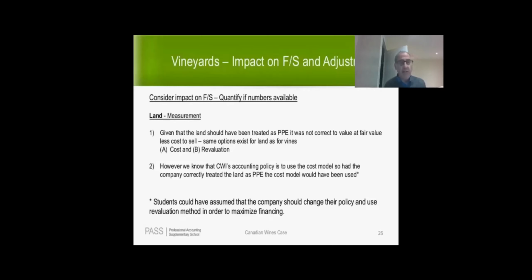And again, I'm basing this on the last page of Appendix 2, where it says explicitly that they value all their PPE at cost. Now, I should mention that if you had said something like, well, maybe they should change their policy and use the revaluation method instead for the land, given that, as somebody mentioned earlier, you can use different methods for different classes, that would be perfectly fine. I'm assuming that they would have used cost, but had you come up with an adjustment on the basis that they will change their policy and use revaluation for land, that would have been fine.